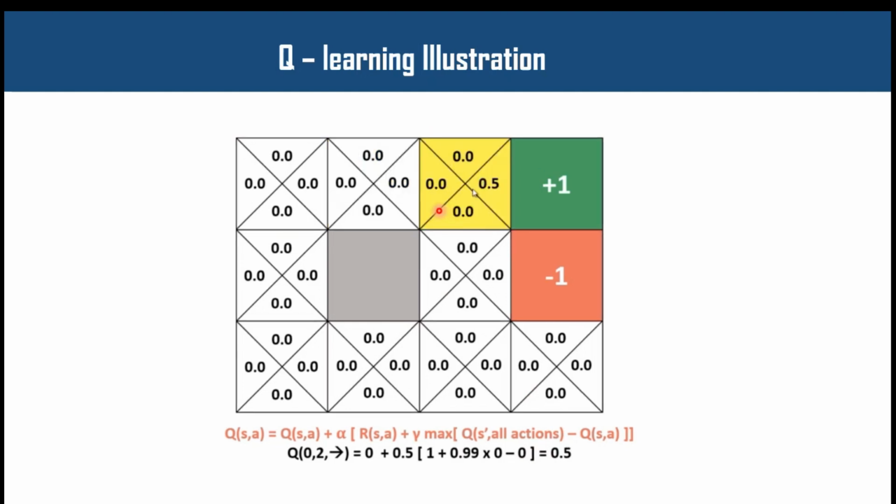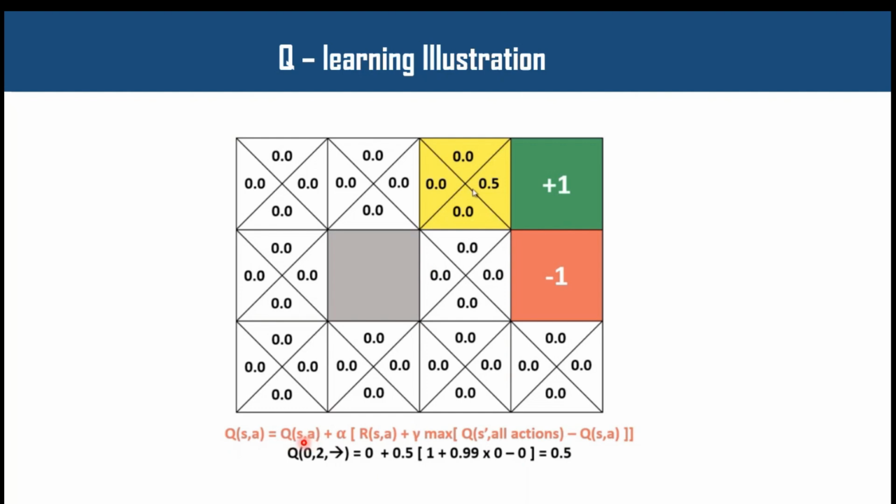Okay. Now we can see the changes. When it moves from this point to this point, this state is updated, for this direction, as 0.5. How? Let's see. Now the agent is in 0.2 and it wants to move to this direction. When it wants to move to this direction, you have +1 reward. Okay. So now see how this